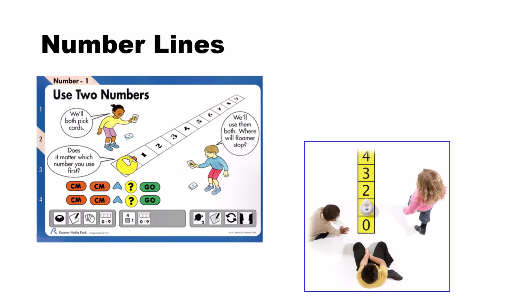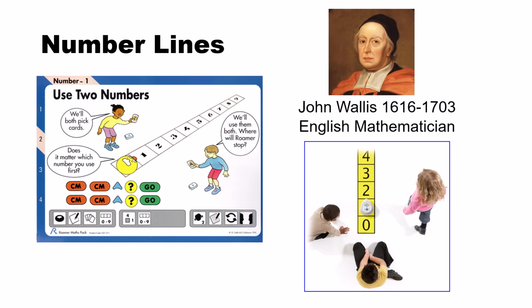In the 90s, we pioneered a lot of activities with robots on number lines. A lot of these have right and wrong answers. However, there's more to it. Mathematician John Wallis introduced the idea of number lines in his 1685 book on algebra, walking up and down a number line primarily to help him understand negative number arithmetic. He was what Papa called playing turtle, using his body to help him understand ideas. And that's what children are doing.